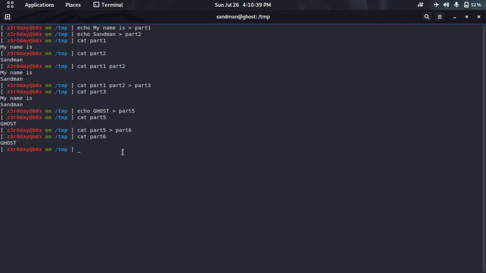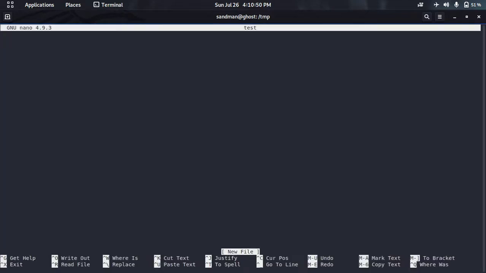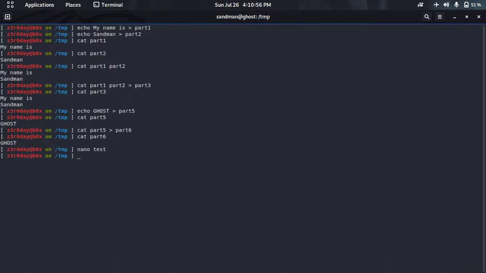Okay, so the next command we are going to look at is tac, which is the reverse of cat. Let me write a simple file. It is test 1 2 3 and 4. Okay, so the test file is written. Now let's cat it.